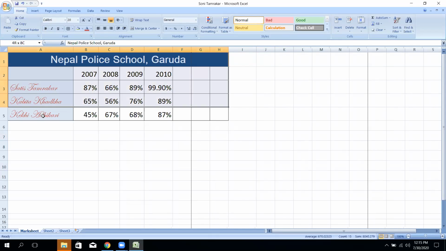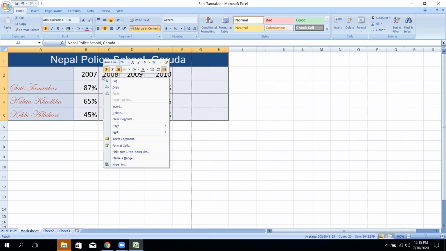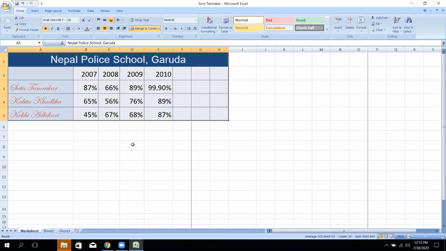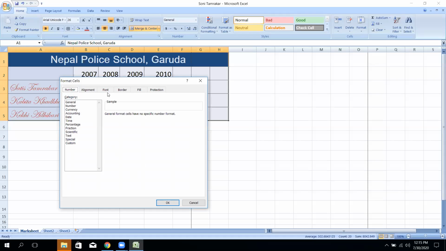After selecting the related section, you can check where the correct option is. You can use the right mouse very easily by clicking the right mouse. There is the from cell option, and there is another option here also. Different types of related sections are here.